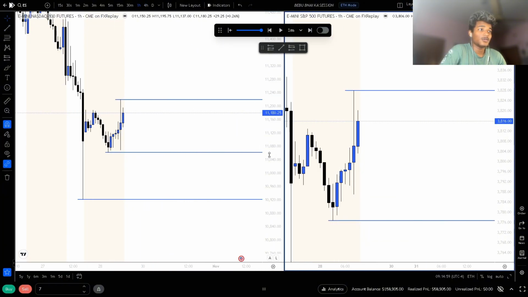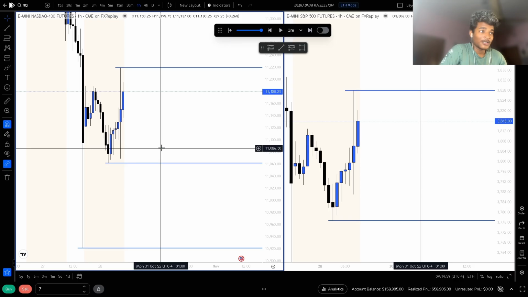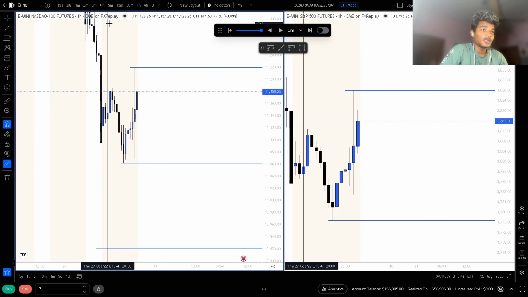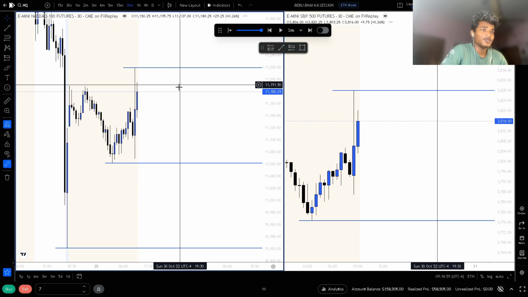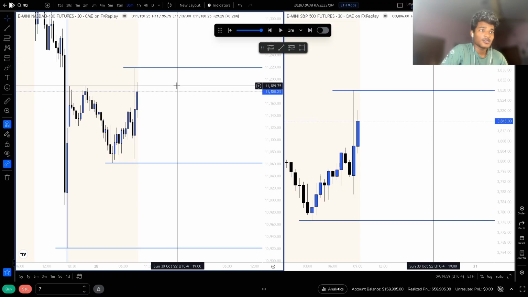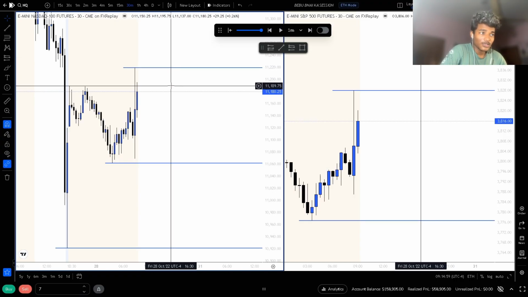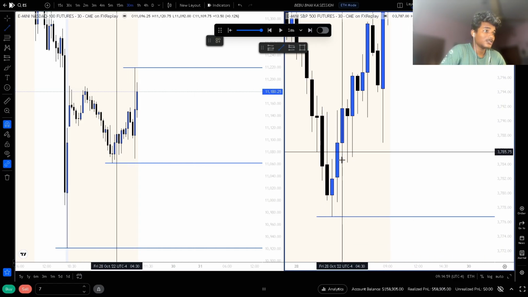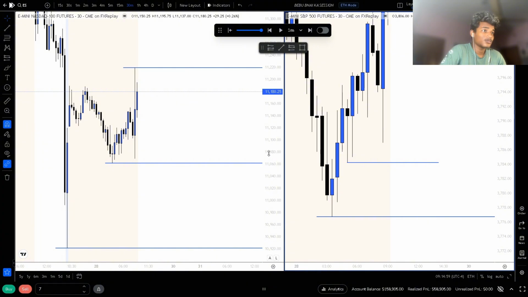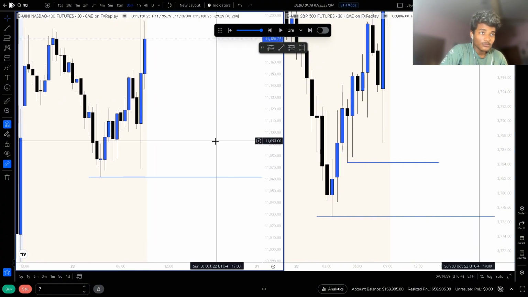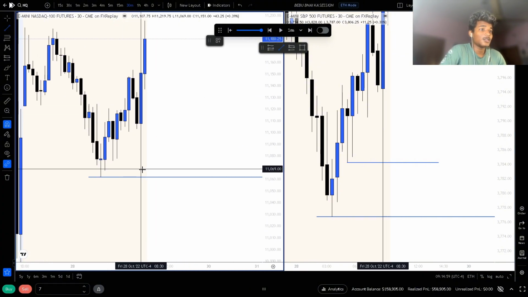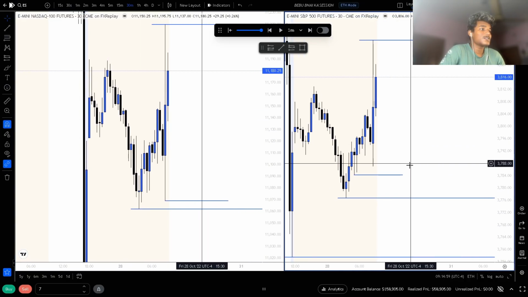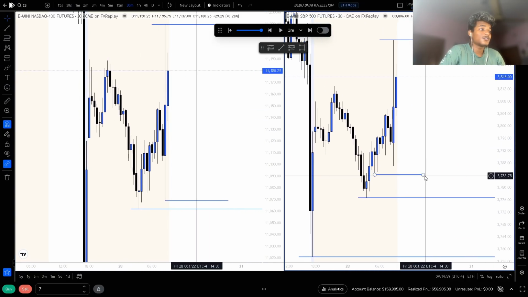1 hour relatively equal lows below us as well, so I want the market to actually dump down. 30 minute, same scenario as well, and we have also this 30 minute ITL at this point of time. You can see same scenario on NQ as well. Yeah, so it is a very low resistance and I just want to take shorts today.